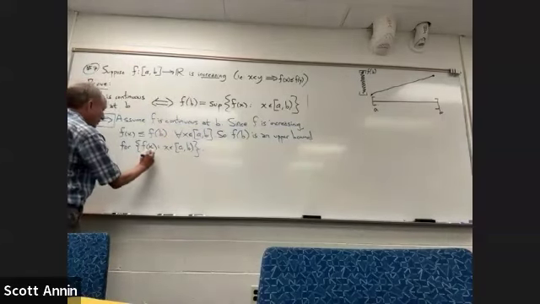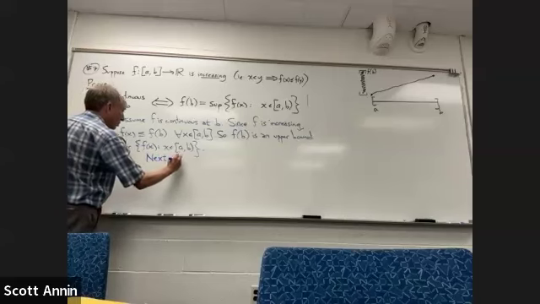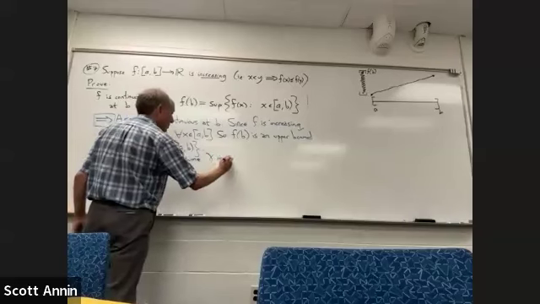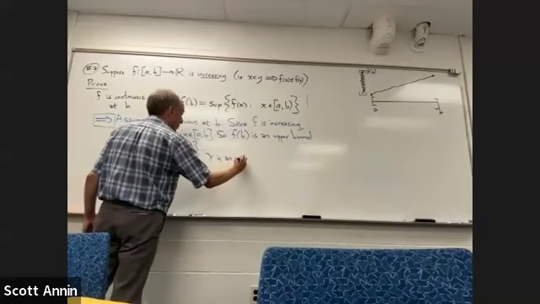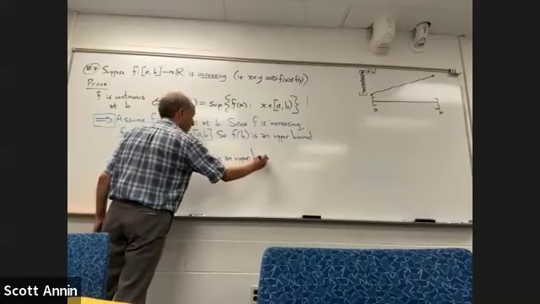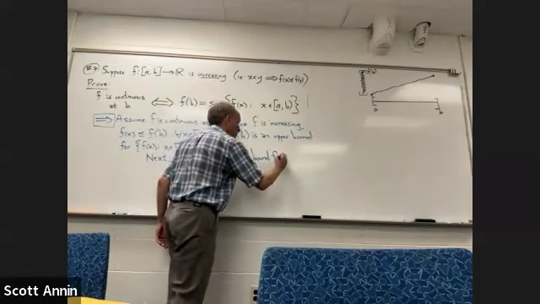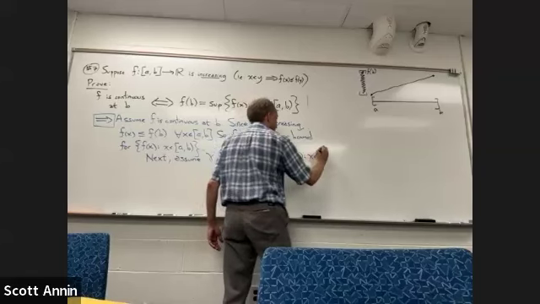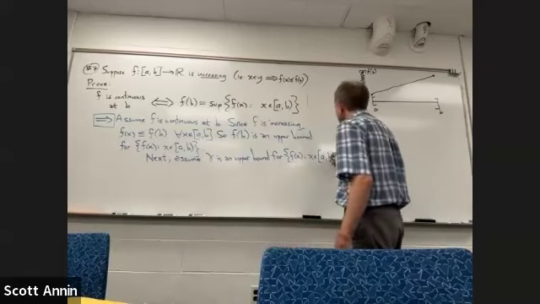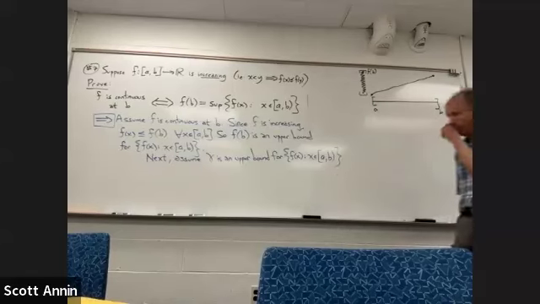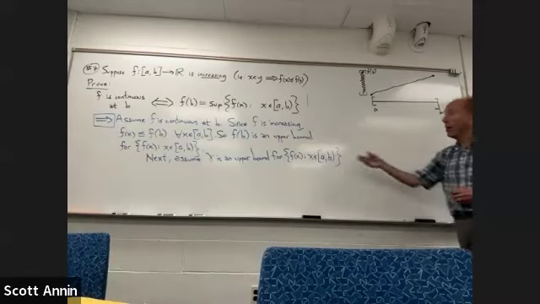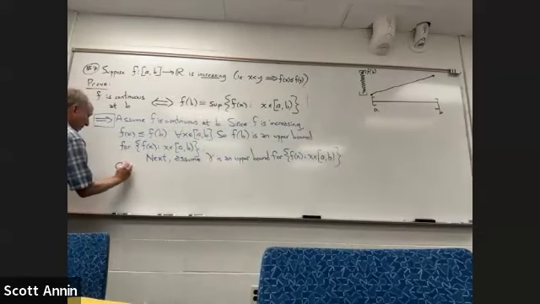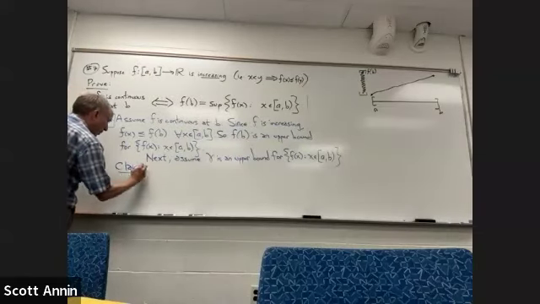So next, I'm going to assume that gamma is an upper bound for this set of f of x's, such that x is in the interval from a to b. Assume that we have some other upper bound for that set, and the claim here is going to be,